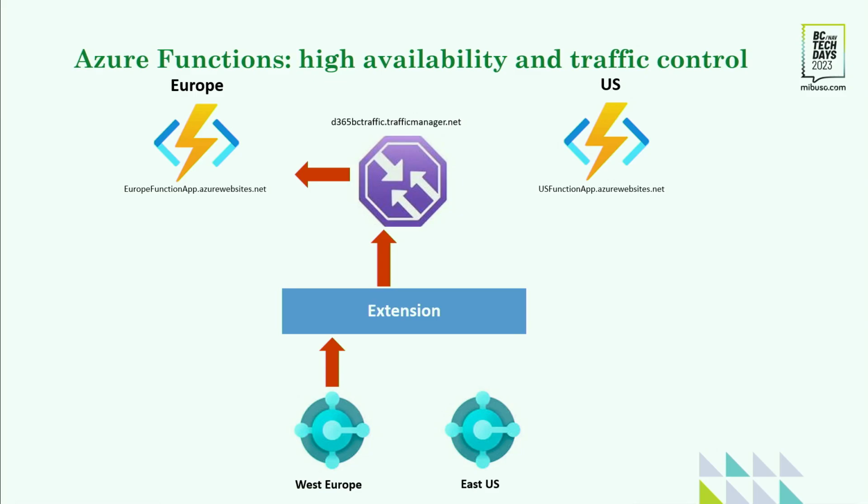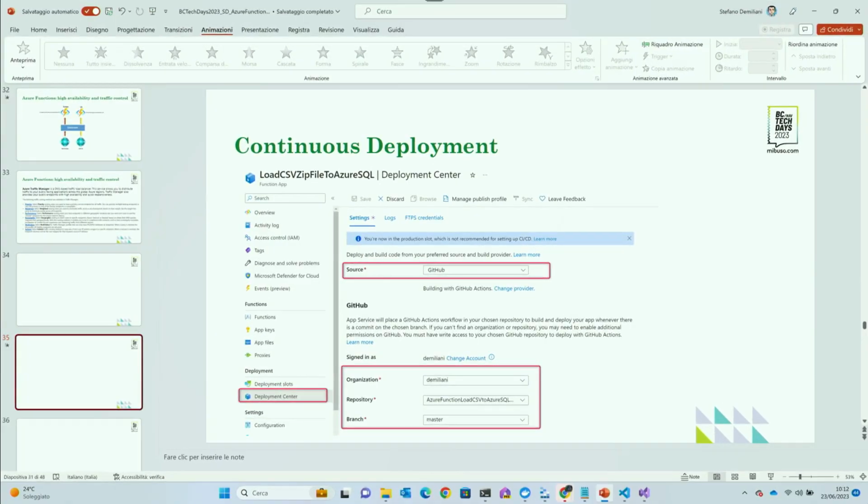So simply, I have Business Central in Western Europe. In my app, I don't have a case switching, but I only call this endpoint that redirects to the function according to the routing. And very quickly, configuring Traffic Manager is absolutely easy